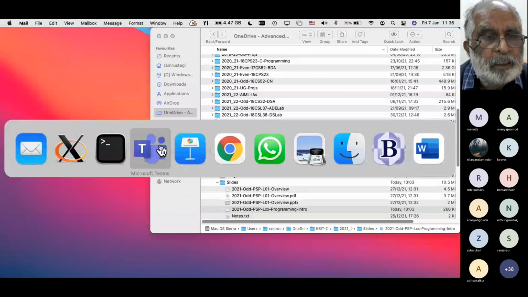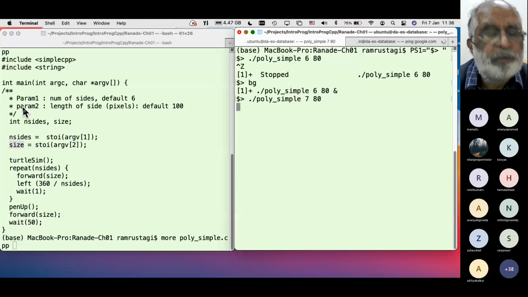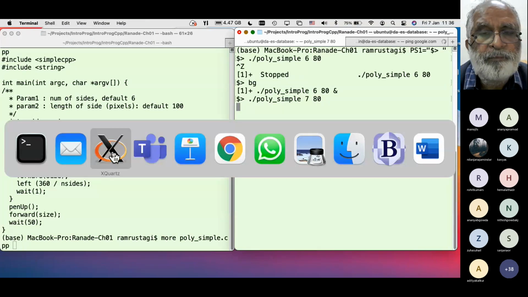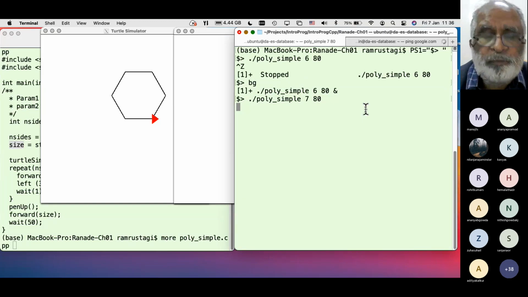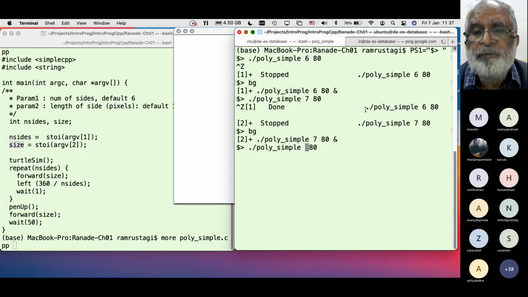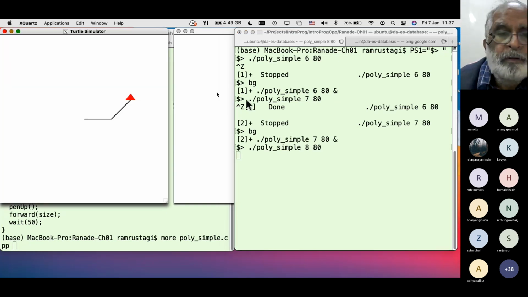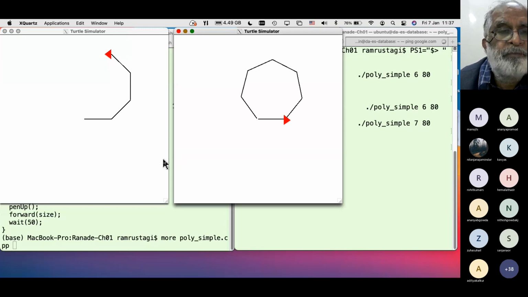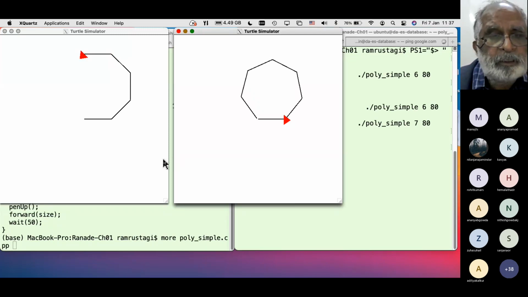So let me go back. If I do polysimple 7, and this is poly 8, you don't see a gap.